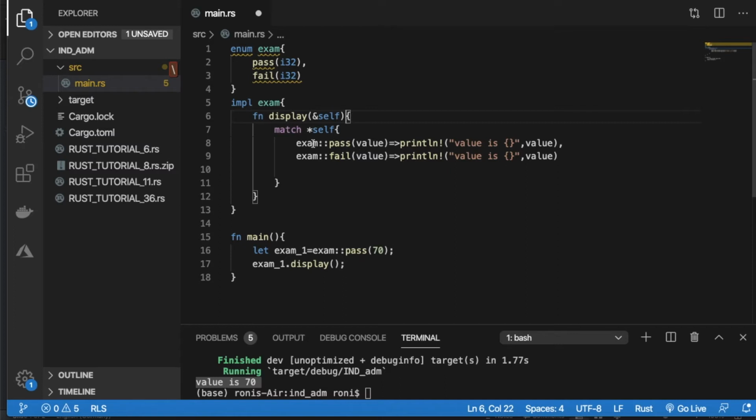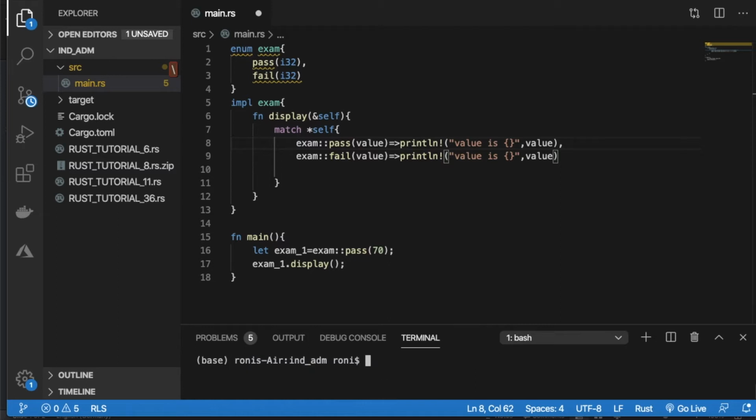If a match is found with the given pattern, it just prints this value. But in this tutorial we'll do something different: this method is going to return some value. We'll hold this value in the calling function, the main function, and after that we'll apply some logic and generate some output. So first things first, let me clear this.